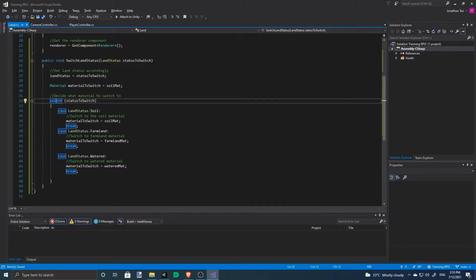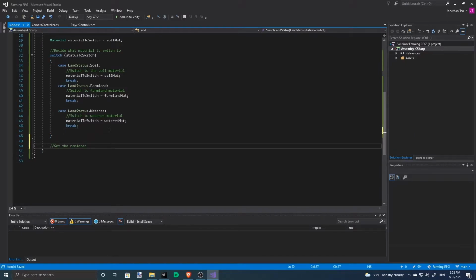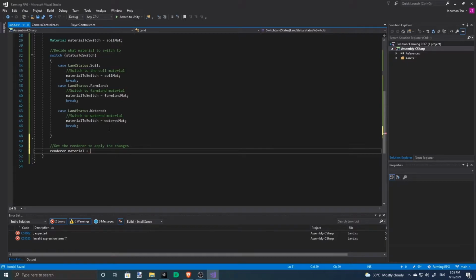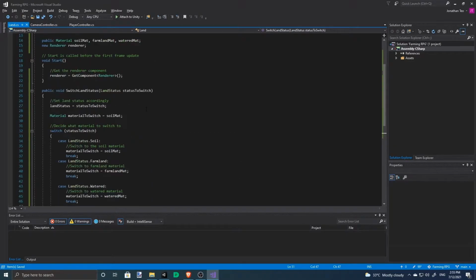So after this switch decides what material to switch to, we get the renderer to apply the changes. So now it's going to switch accordingly.